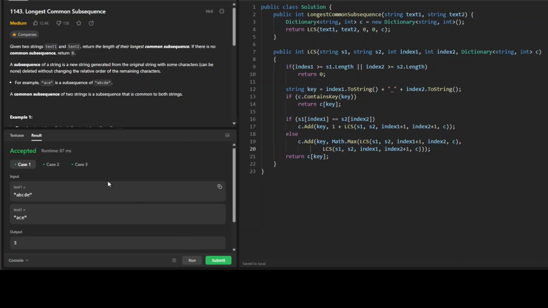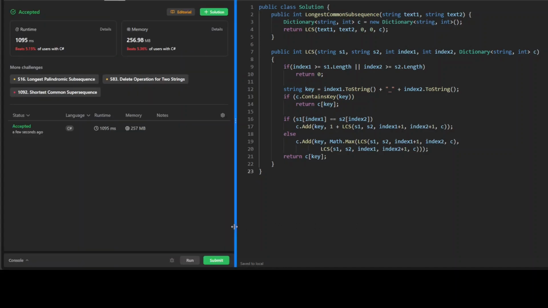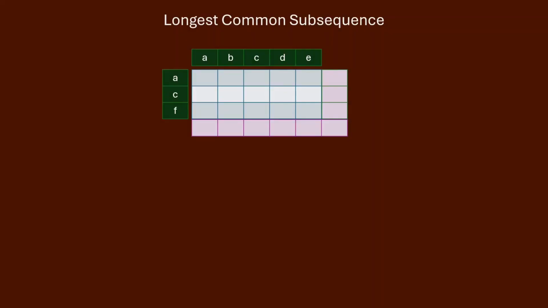Okay. As you can see, all three cases passed. Now let's submit this. As you can see, the solution is accepted. Now that we have seen a recursive implementation of the problem, let's see how we can solve this using a